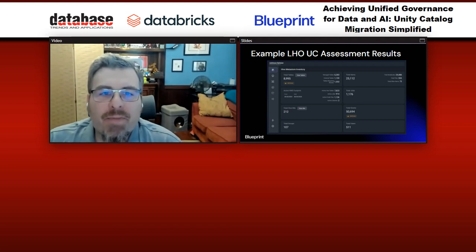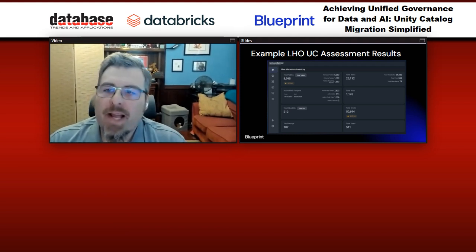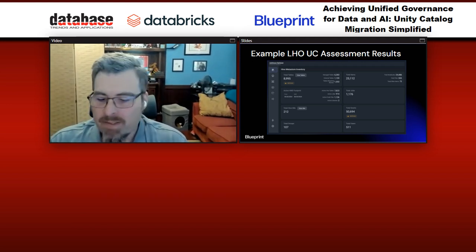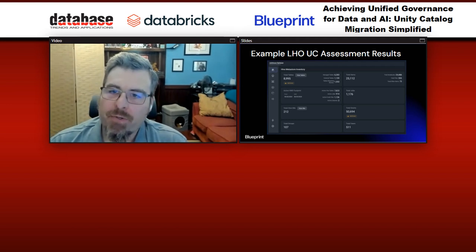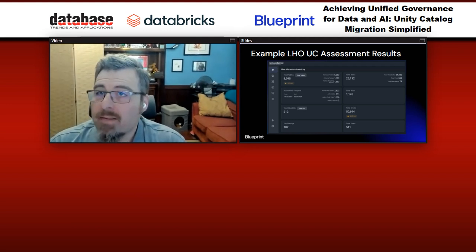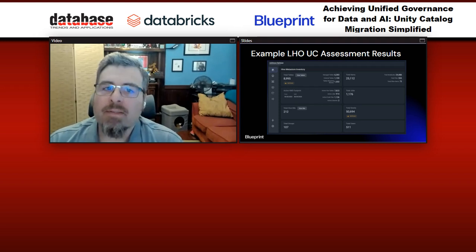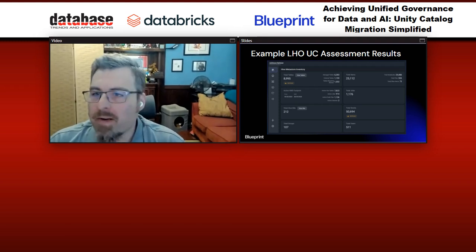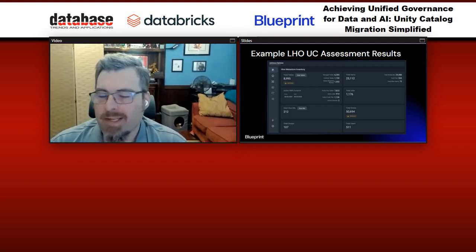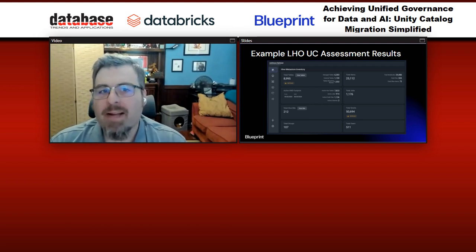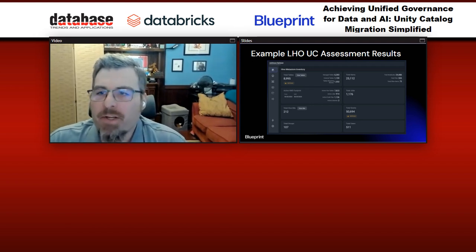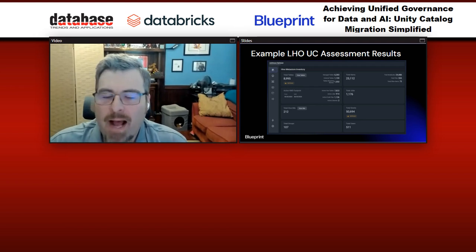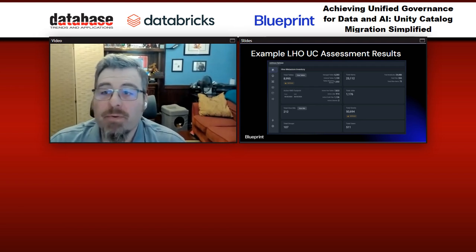And you'll notice that there's 1,500 that we need to look at to consider how we want to configure that. So this can be things like you're storing CSV or JSON data as an external table. How do you want to migrate that? This can be, again, DBFS root data. How do you want to move that? But these are the tables that you're going to have to absolutely come up with a configuration for in order to move into Unity Catalog.